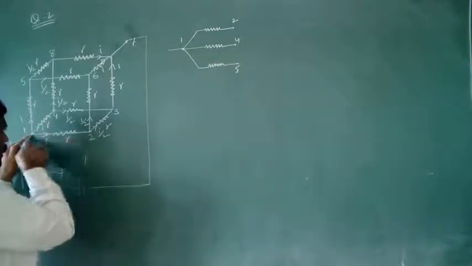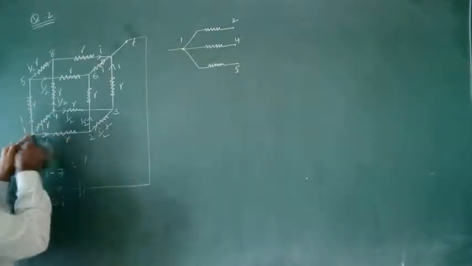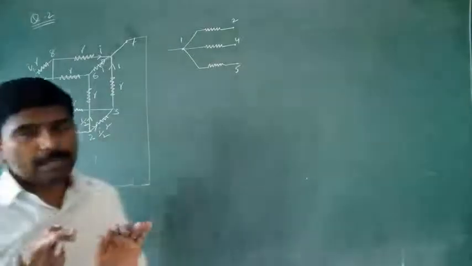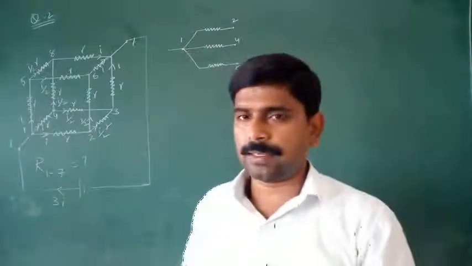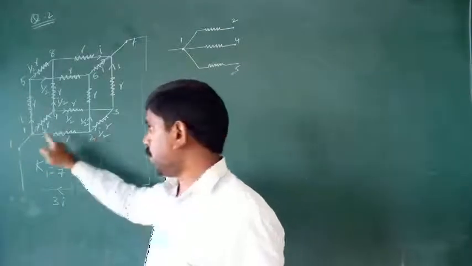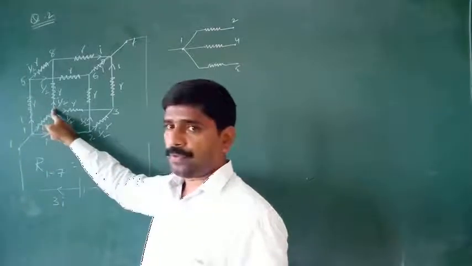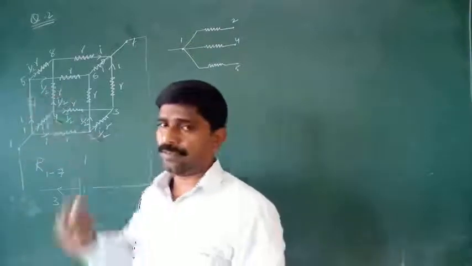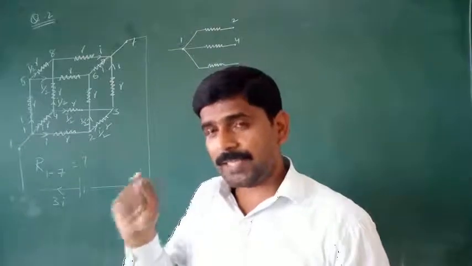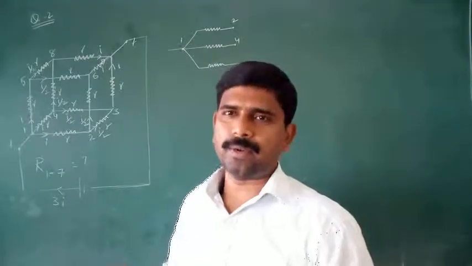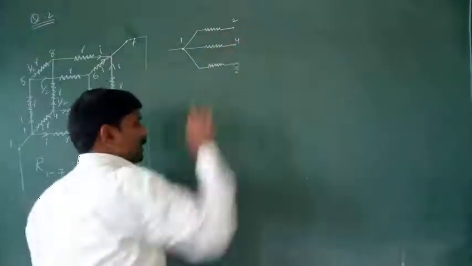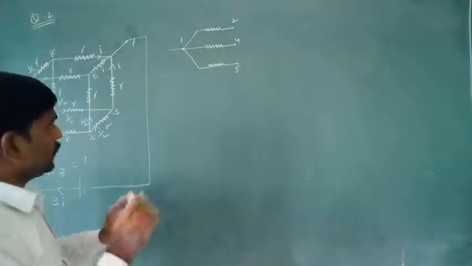Here the same current is passing through these 3 resistors, across 1 and 2, across 1 and 4 and across 1 and 5. Means the potential difference across 1 and 2 must be equal to the potential difference across 1 and 4, and equal to the potential difference across 1 and 5. Why? Because the current passing through each resistor is the same, I amperes. So all the potentials are the same. We will discuss that later.